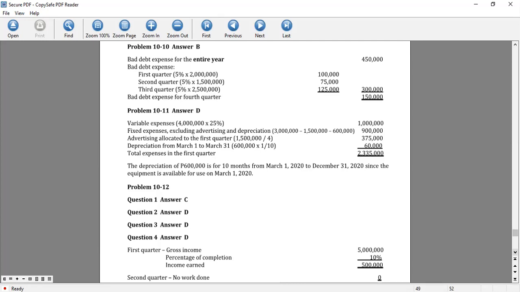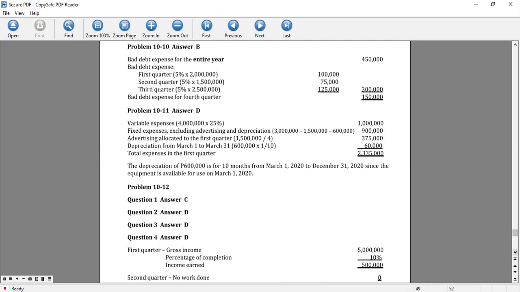And the equipment was available for use only on March 1, 2020. So we now have the 600,000 multiplied by 1 over 10. 1 over 10, that's only for the month of March. So we have 60,000. So for the total expenses in the first quarter of